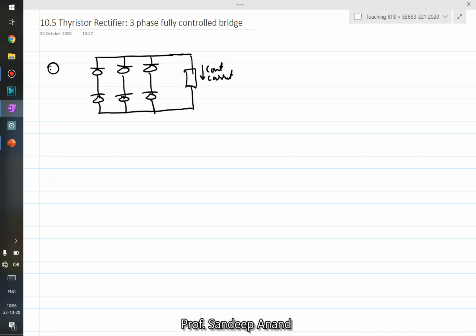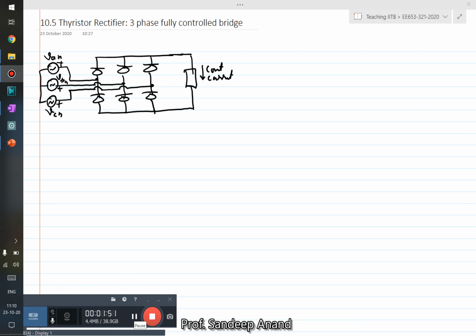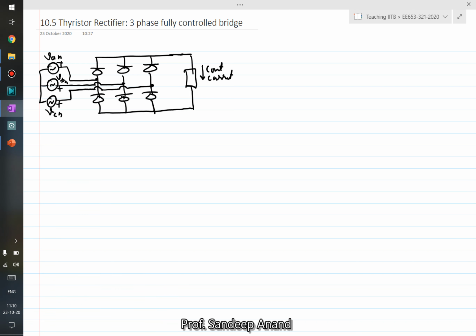So now here you have three phase sources connected in star and then connecting to the bridge. So let's say this is VAN, VBN, VCN. Okay, so these are the three-phase AC sources, and these are the corresponding thyristors. So let me name them as